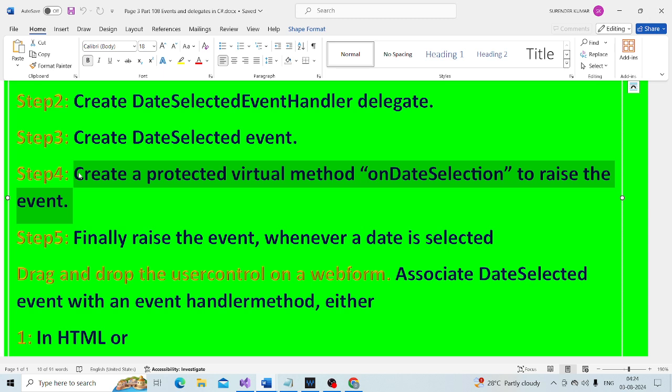Okay, so let's go ahead and create this protected virtual method.